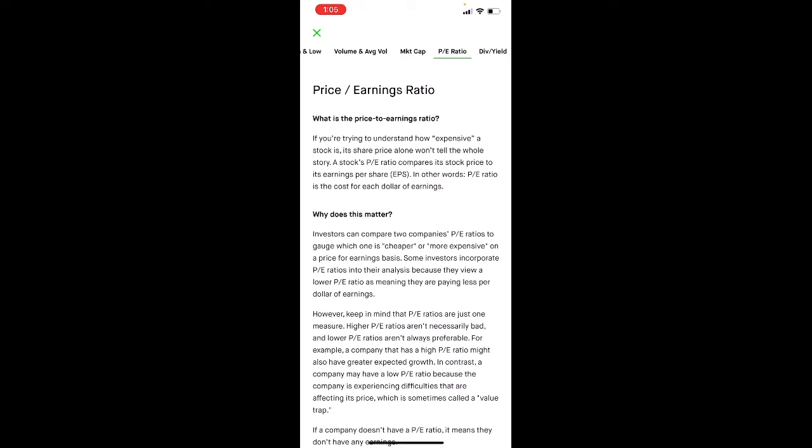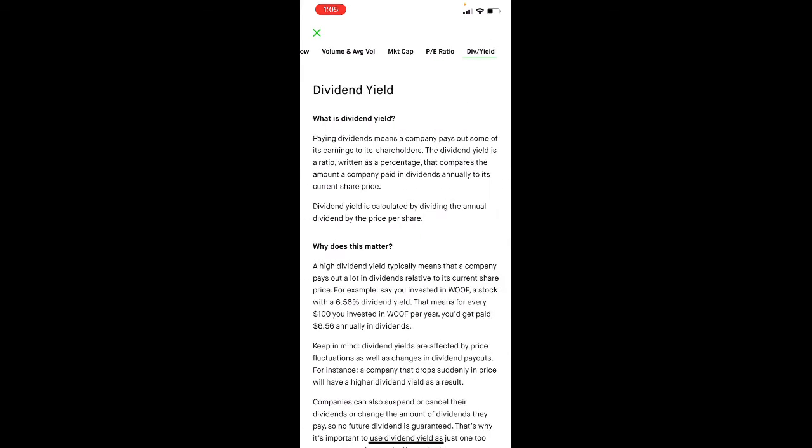Got the price to earnings ratio, the PE ratio. It compares a stock's price to its earnings per share. If you're trying to understand how expensive a stock is, its share price alone won't tell the whole story. Like how they broke it down. We got the dividend yield. So the dividend yield is a ratio that compares the amount a company paid in dividends annually to its current